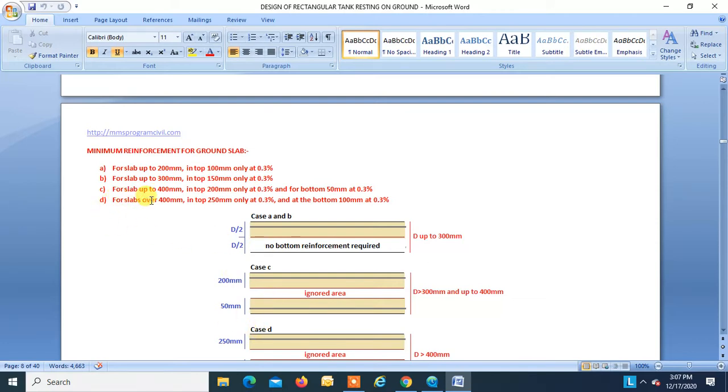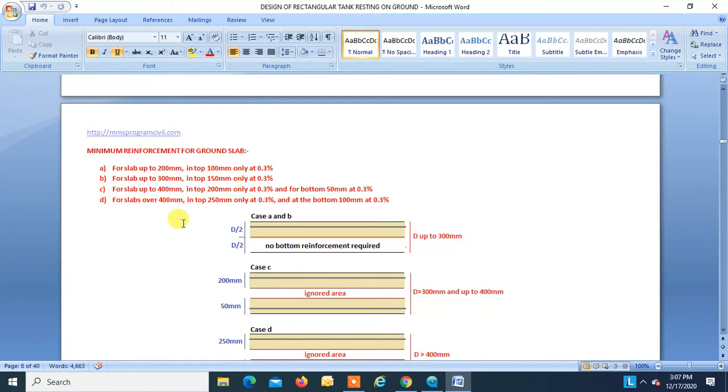Sorry, what I said was horizontal and vertical, but this is our ground slab. So there is steel in the x direction and other steel in the y direction. So in both directions you have to provide minimum 0.3% steel. Please correct me, over here there will be no vertical steel because this is a ground slab. So this is the x direction, then the other steel will be in the y direction, perpendicular to that, but both steels will be horizontal steel.